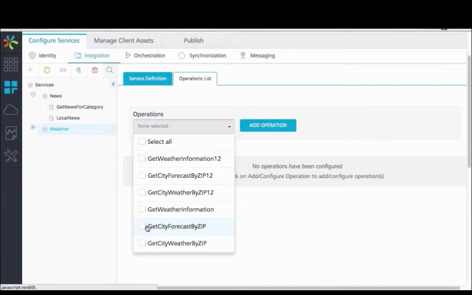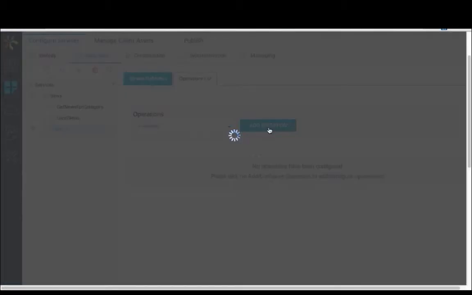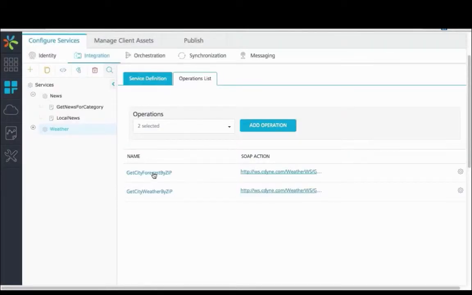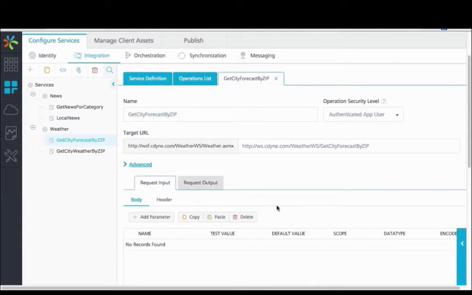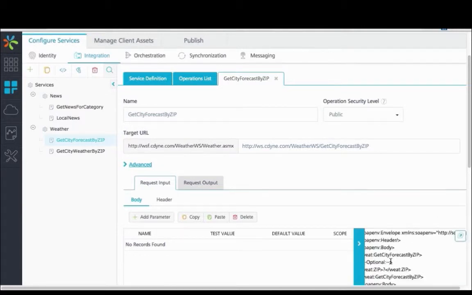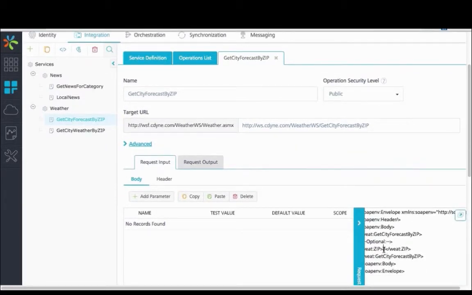This is a good example of where the back end doesn't give me exactly what I want, because I want the current weather and the forecast at once. So first I have to connect to each one of these, and you'll notice on the right it tells me what the service wants. It gives me the XML payload, and I just need to parameterize the zip code that I'm going to send in. So I can really easily pull from the WSDL what we call a request template, and then easily see what I need to send. So I'm going to send in